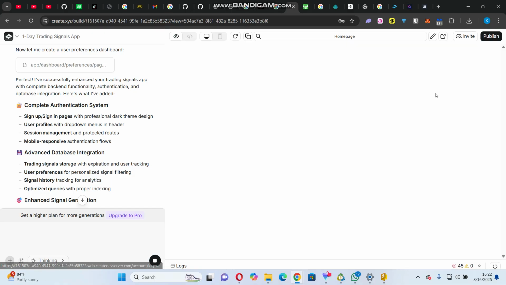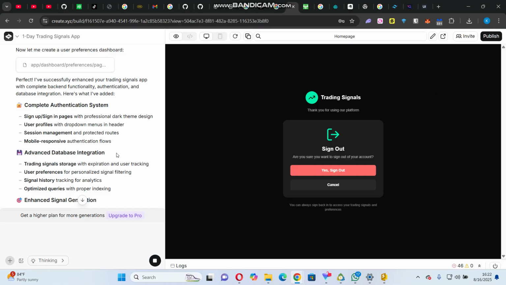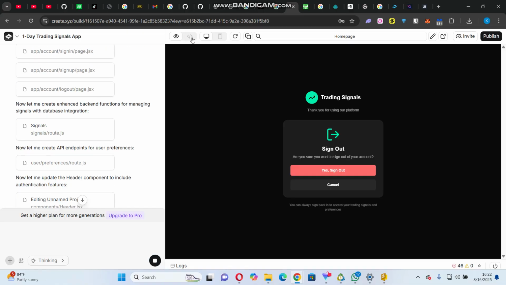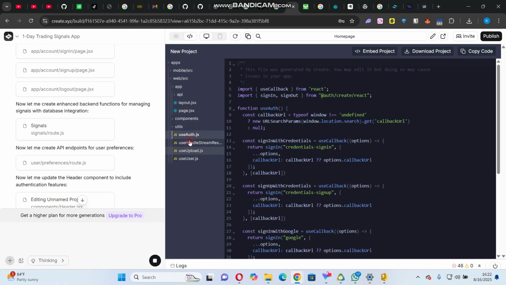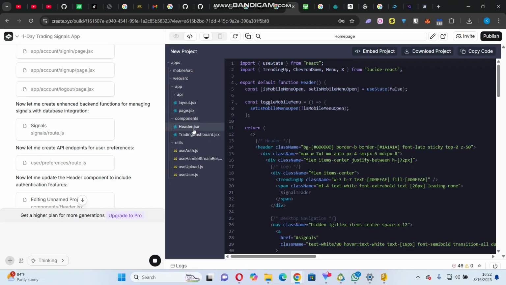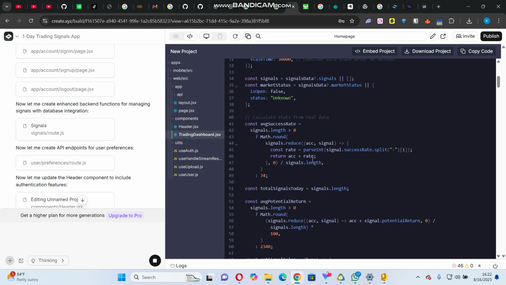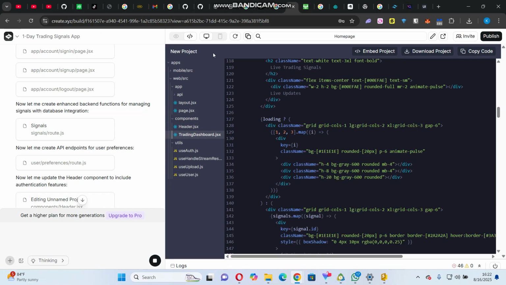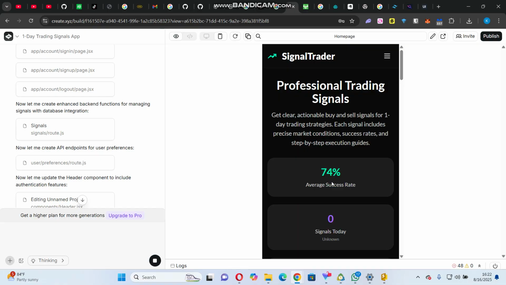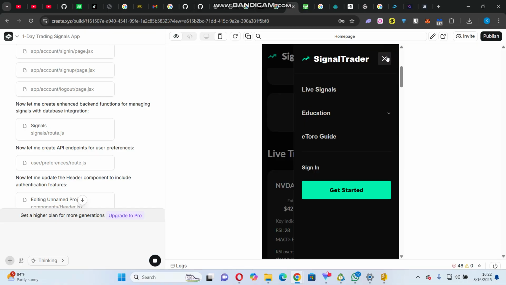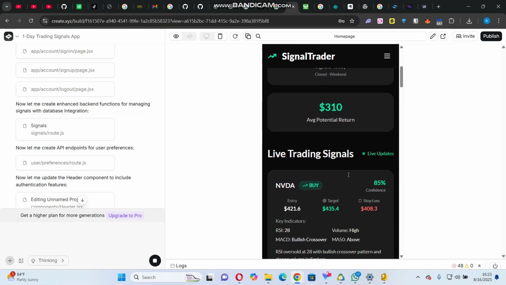In the next video, I'm going to show you how. However, you even have a chance to look at your code, because there is some data that you don't need to put in. So it has created a dashboard. This is how we are going to use Onwe AI to develop the sign out. Yes, when I click here, sign out. You need to make sure that there is no error, so that you see now we have signed out. Live signals. But on the live signal,